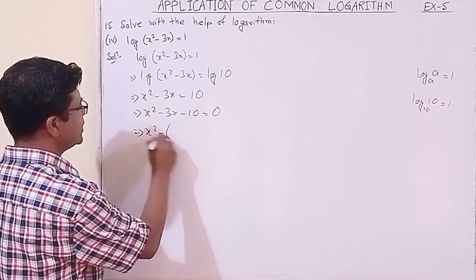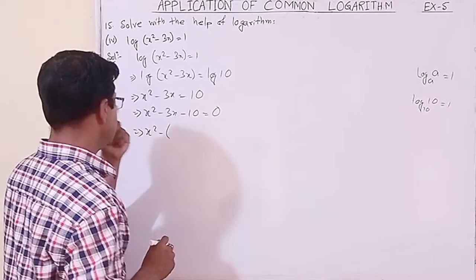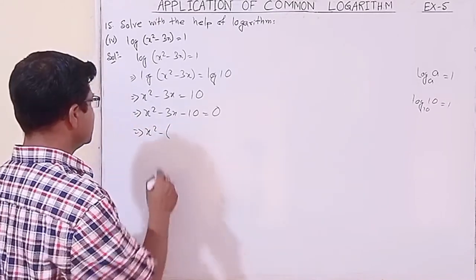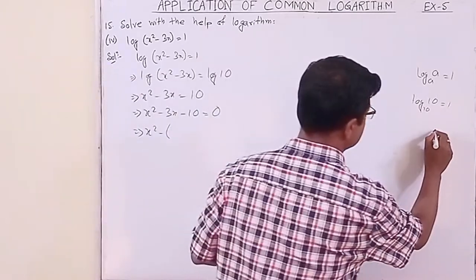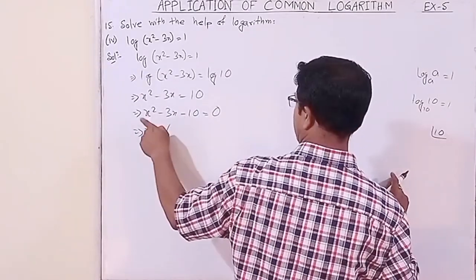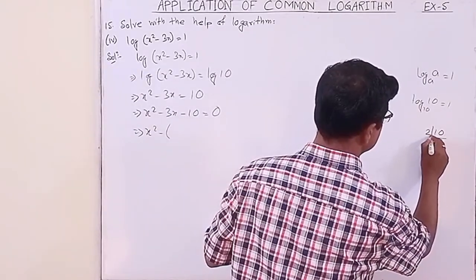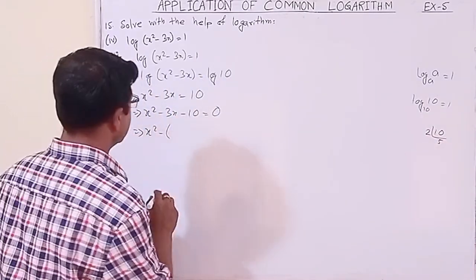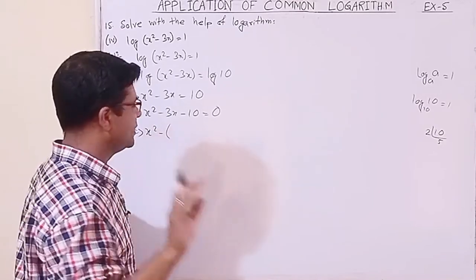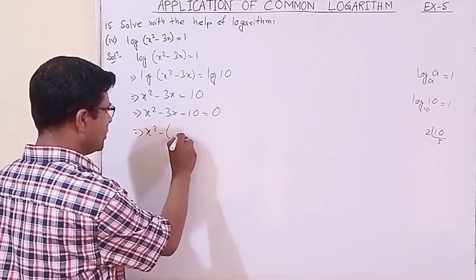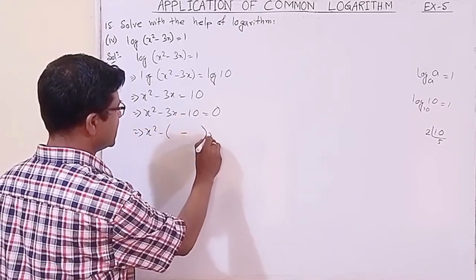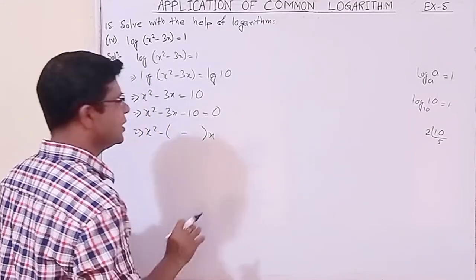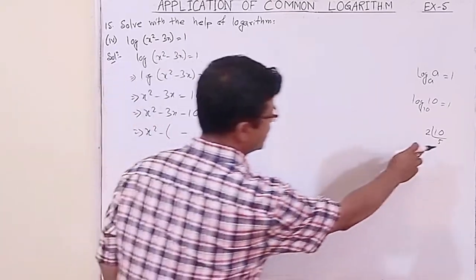x square minus 3x minus 10, okay, how will we solve? This is just a quadratic equation. Now let us solve by, suppose, middle term splitting. So 1 into 10, 10, we multiply a and c, 2 5 10. Okay, do you know the thing? One thing you may not know, because I am not teaching you from the basic thing. If there is minus, always you write in the middle this minus. If this is plus, always you write plus. This is a simple trick. Okay, we have to get 3.